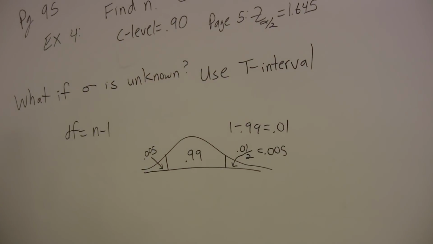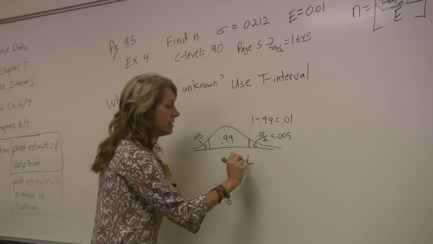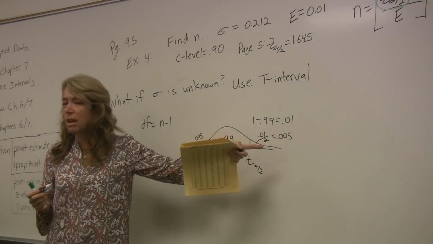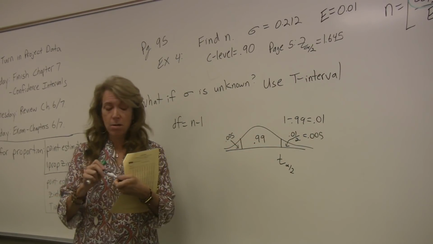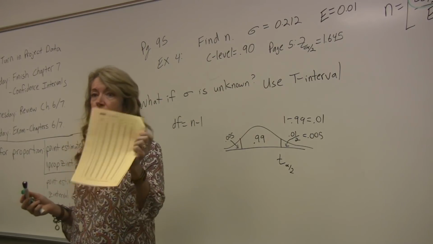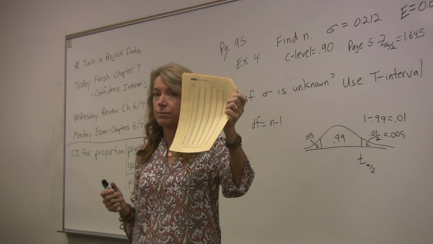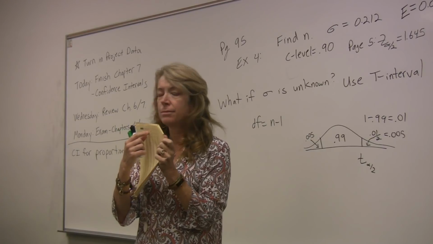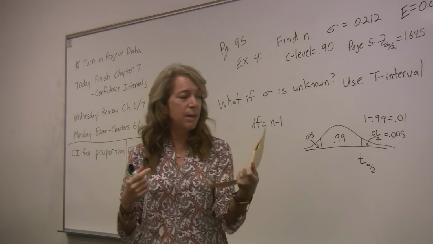We're looking for the critical value, but now that we're working with T's, it's not a Z, it's a T alpha over 2. But it's still the same thing, the critical value with this much area in the tail. So now we're going to use page 6, the table for T's, and find the critical value. First off, looking across the top of table A3,